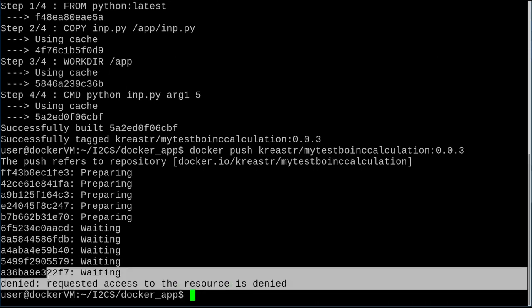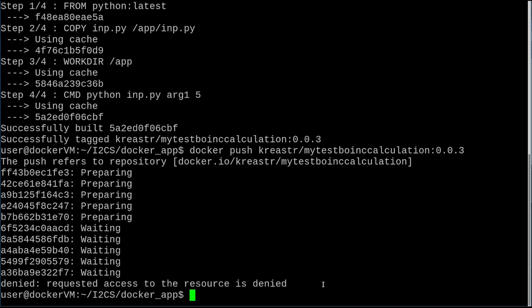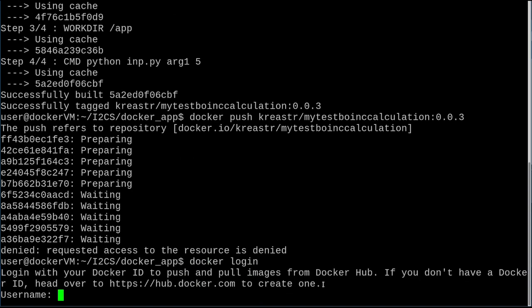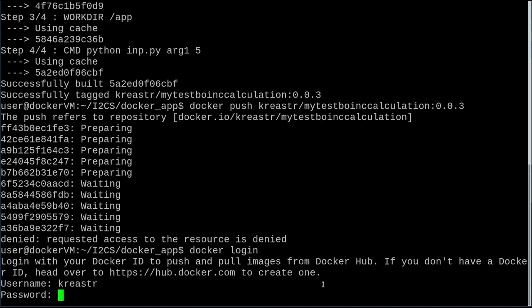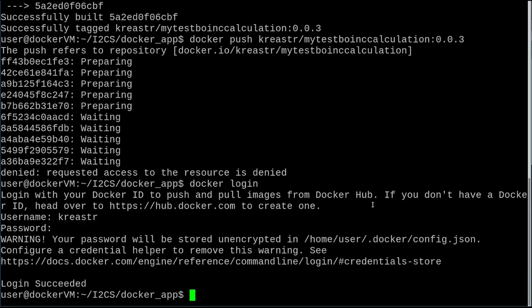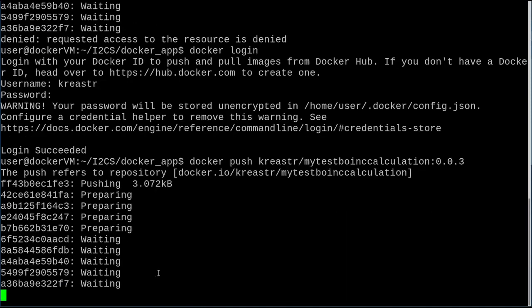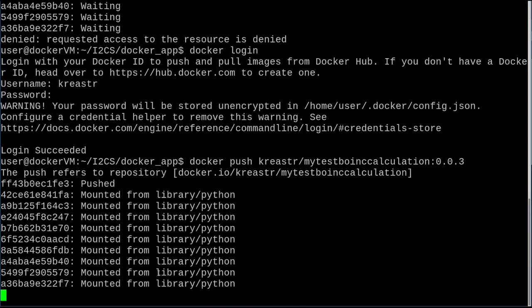And everything went well until we have been checked for the access. And here we see that the access was denied. And this is because I have not logged in. To do that, you need to use docker login command. And you just type your username and whatever password you have specified in your Docker account. And once you have entered them correctly, you will see this login succeeded message, and you will be able to push the container